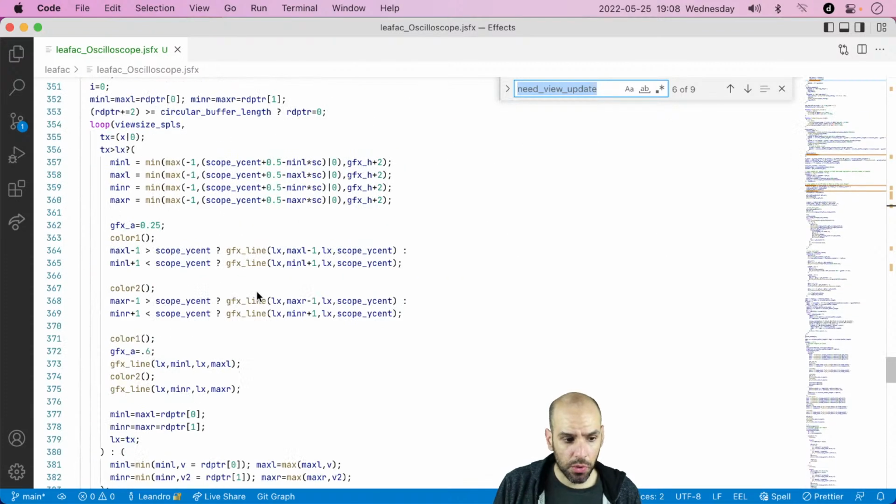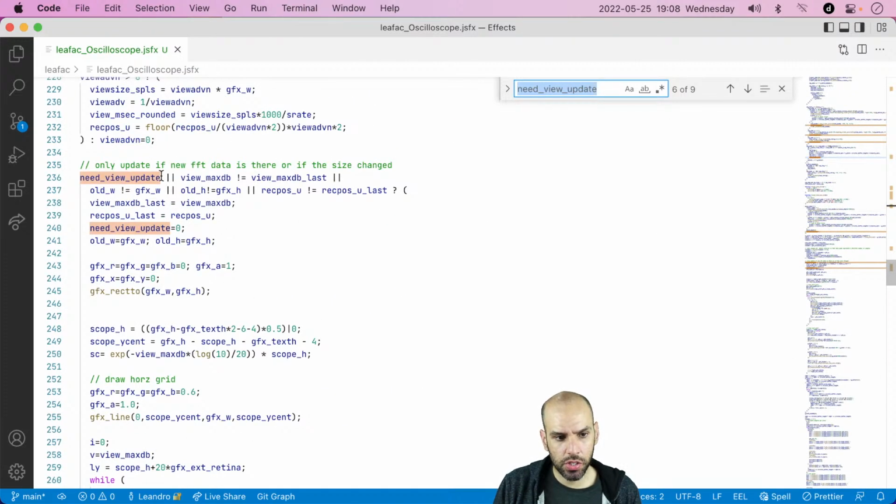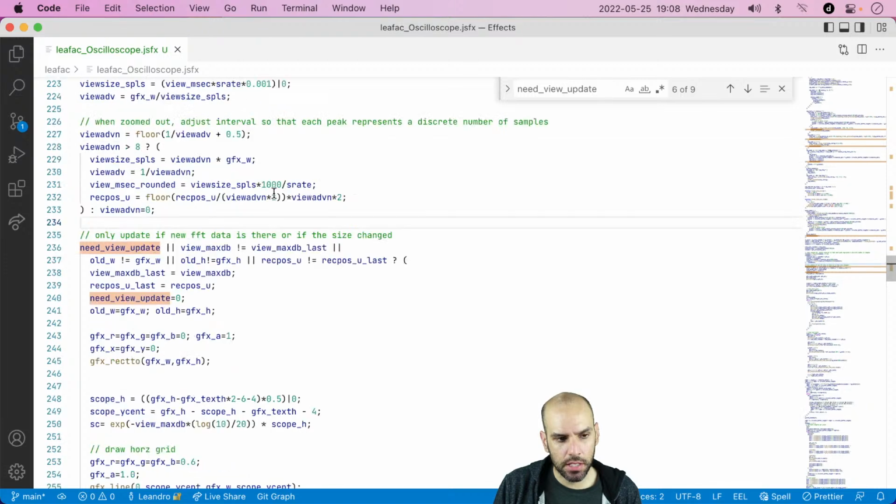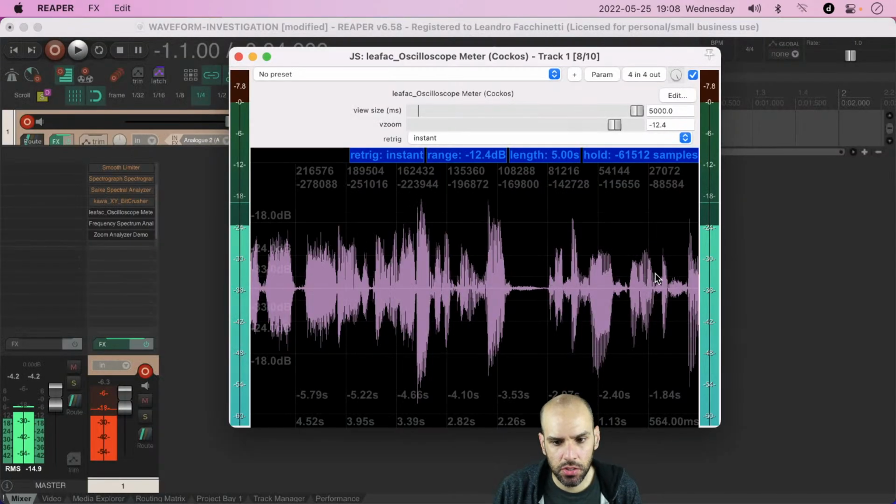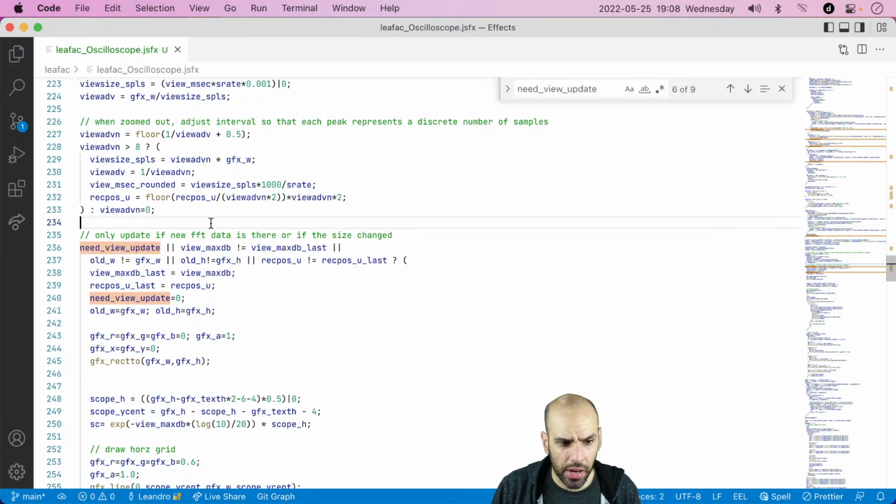So perhaps you are right, and this whole structure of this effect has been copy and pasted, and that's why this thing exists here. And I do get your point. When you're doing FFTs, you need to collect enough samples to have a block to pass to the FFT computation. But in the scope, you always have new samples coming in, so you always have more work to do. Perhaps